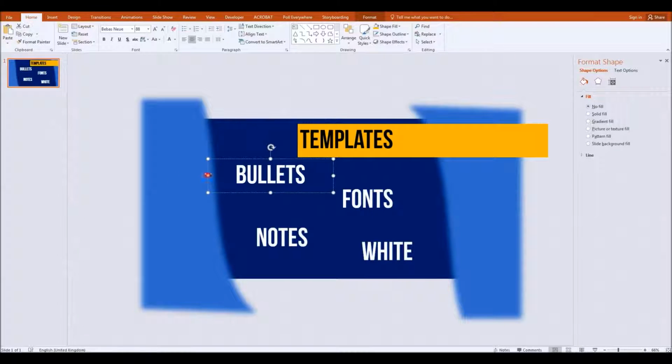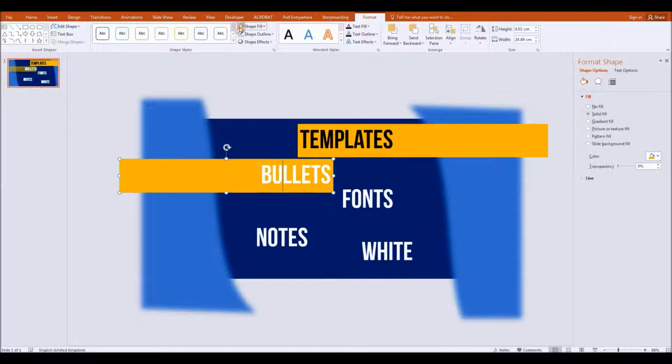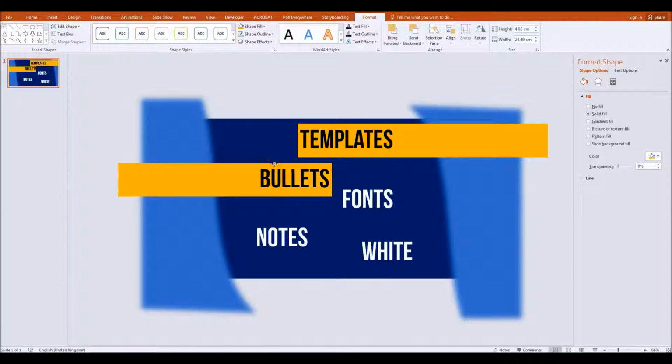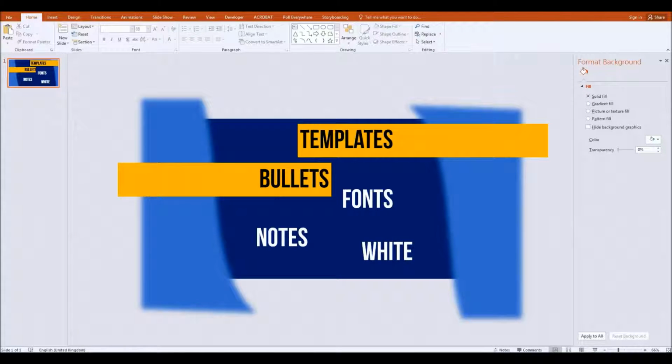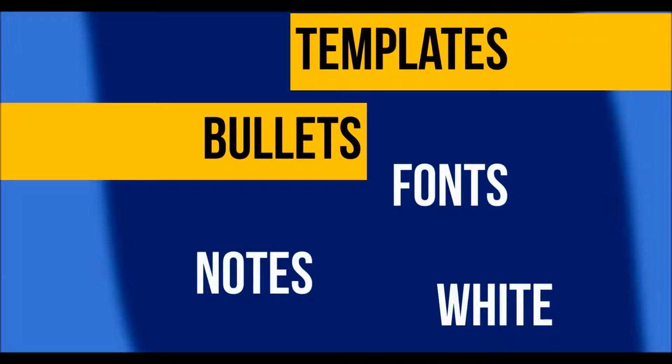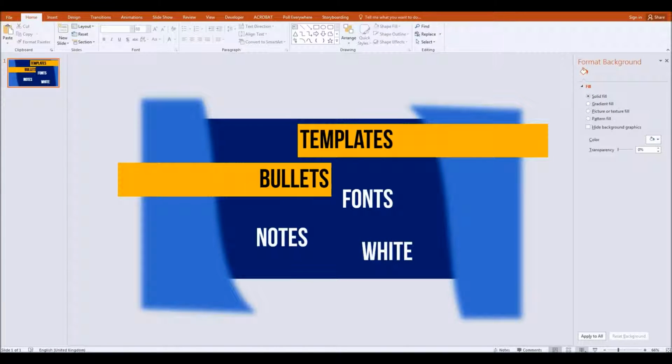And I might have this one pulled off to the left, and we'll right align that one, and then again what we'll do is we'll color it with that shape, and we'll fill it like that. So there we are, we've got points coming off. Let's play the presentation. It just makes it look a little bit more interesting. It makes it look a little bit more spontaneous, and you're not giving away the content